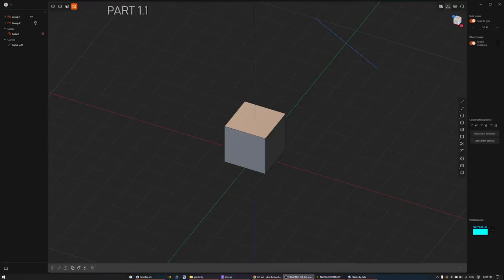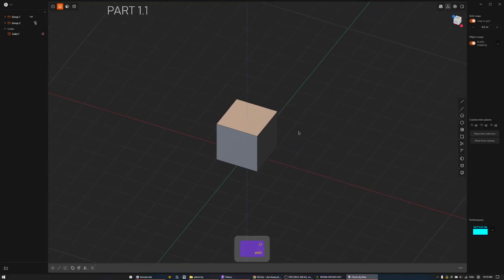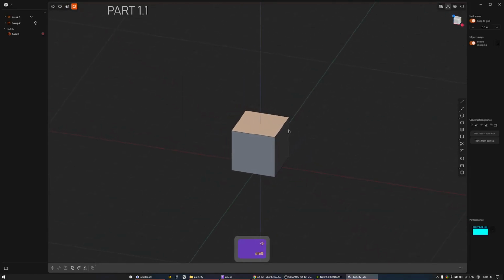Okay, welcome to our first part of the software overview, and let's start with the interface. So, right in the middle, you see the so-called viewport, where almost everything happens, where you see your scene in 3D, okay? On the left of it is the outliner, which shows everything that there is in the scene in